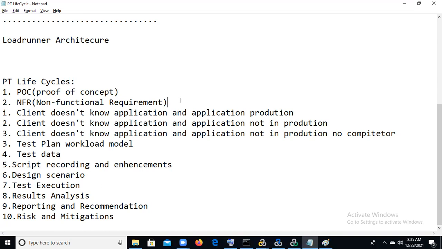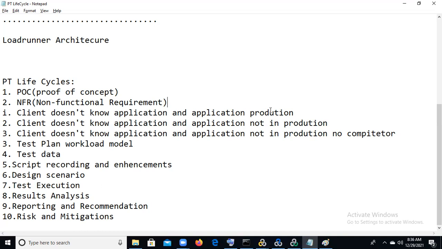So we can divide this into 3 cases. Case one: the client doesn't know the application, and the application is in production. Client doesn't know the application means he doesn't know about it, but the application is in production. At that time, what can we do? Get the production log files with 1 year of historical data using a site analytical tool or Splunk tool.